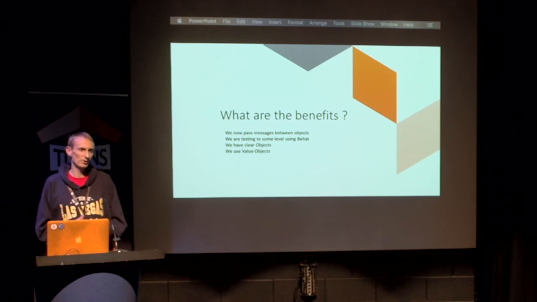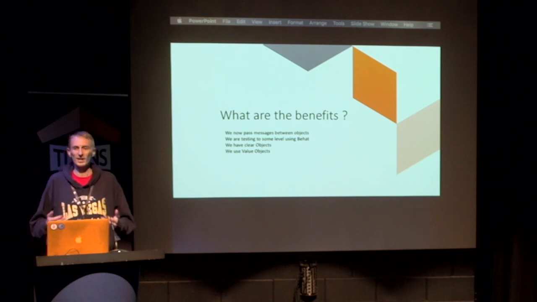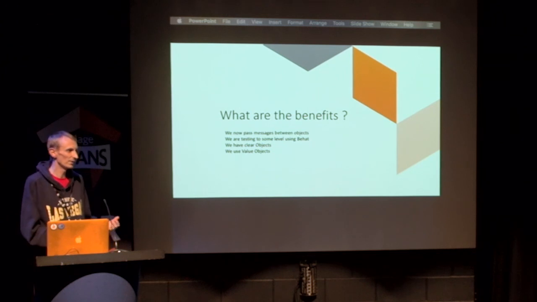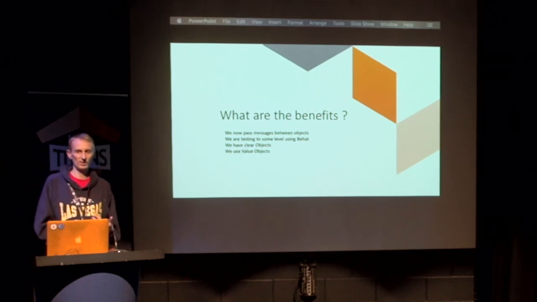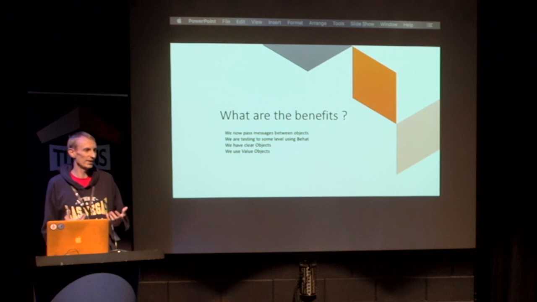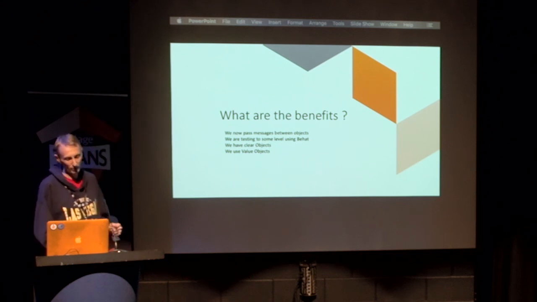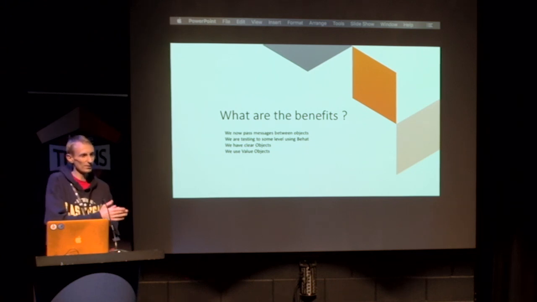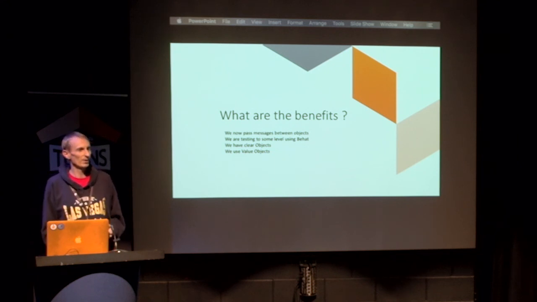So when I first started using Behat, I instinctively thought of it as being a Selenium style implementation of just testing user and browser behavior. Whereas you can see there that we're actually testing low level implementation. We're using it as a semi PHPUnit style implementation. We've got clear objects and definitions, roles and responsibilities of each of the objects, and we're starting to use value objects more. We can actually implement an object that doesn't really affect the state, it just transforms data from one way to another, and they're cheap and we can throw them away or just use them directly in code.